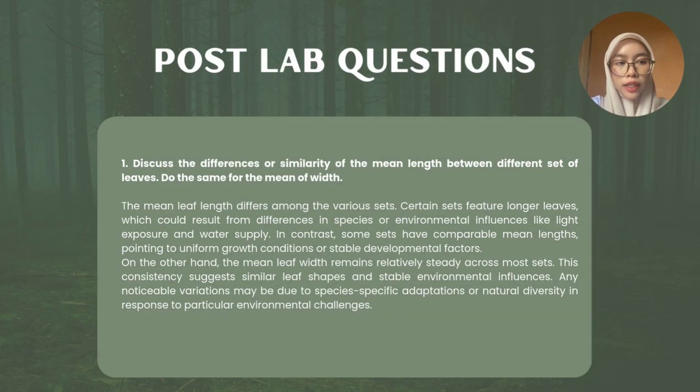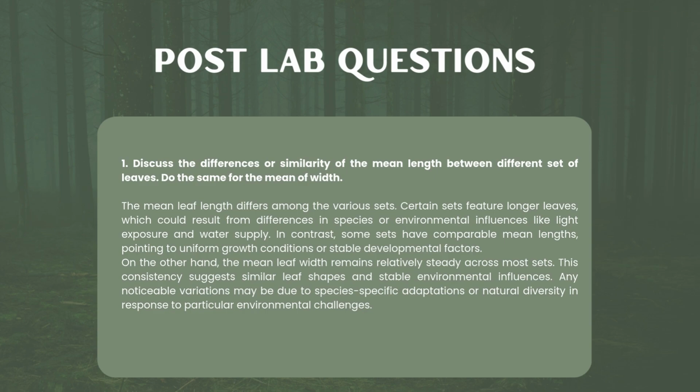Answer for the first question: the mean leaf length varies across sites, likely due to species differences or environmental factors like light and water. Some sites share similar lengths, indicating uniform conditions. In contrast, leaf width remains mostly consistent, suggesting stable growth factors with slight differences, possibly due to species traits or